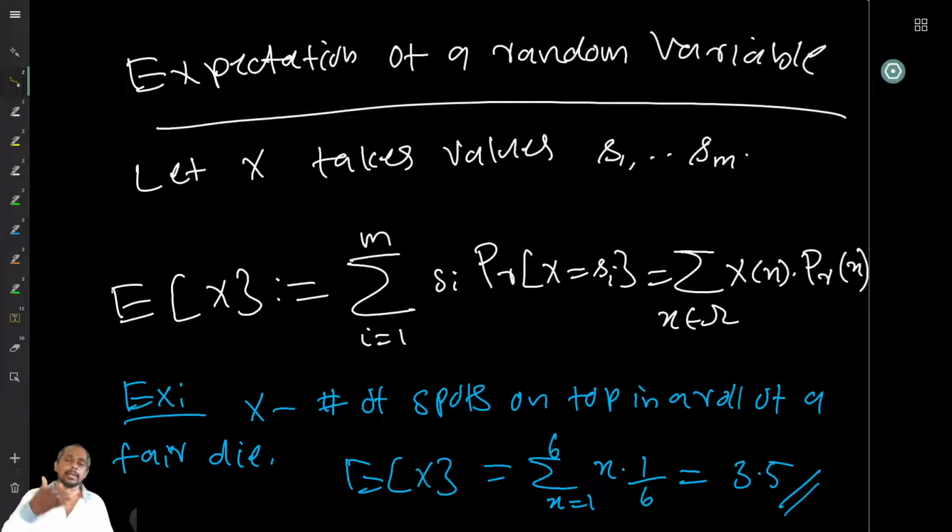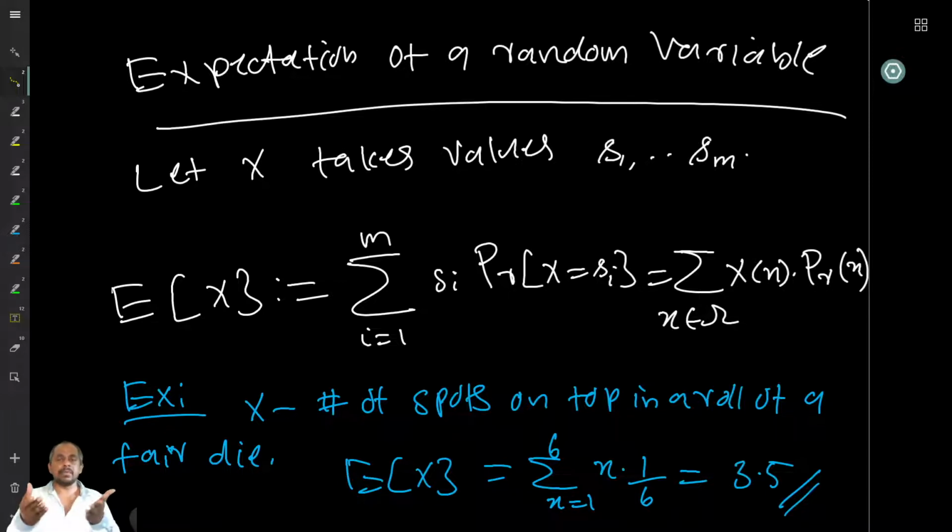And on the third move I might get 3, right? So this way I can get different numbers. But what is the expected number of points I am going to make if I do it many times? On the average, in one move, how many can I get, or in total, how many can I get? All this can tell you how much gain you are going to make in an expected way, right? So, expectation of a random variable.